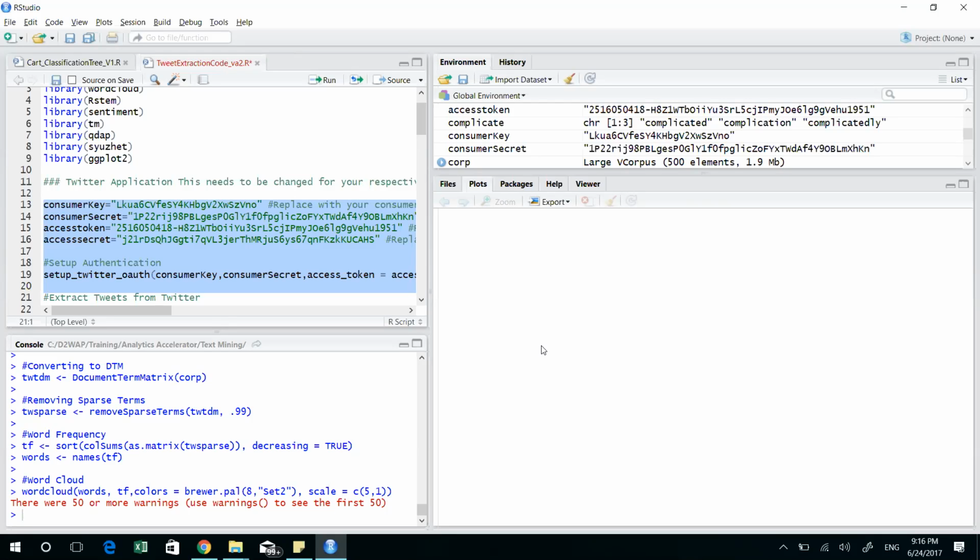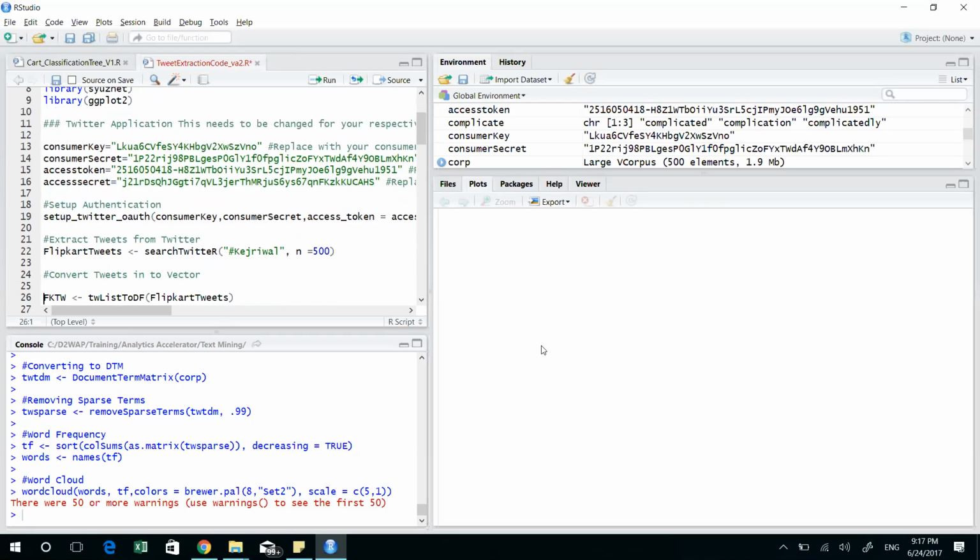Before I move further, I could see a few questions. George is asking, is word cloud the only way of text analytics? No, George, that's not the case. Word cloud is just one of the many ways. You get to see a lot of things like sentiment analysis, named entity identification, topic mining, and a lot of them. Vikas is asking, quick question, are sentiment and sentiment R packages the same? Yes. I think the name has been changed, but you can use either of them. That's absolutely okay. I hope, George, I was able to answer your question.